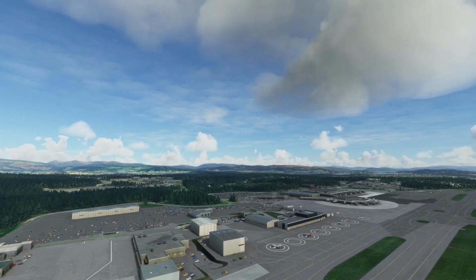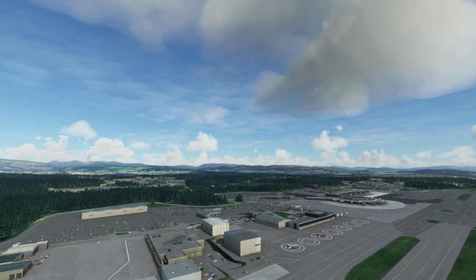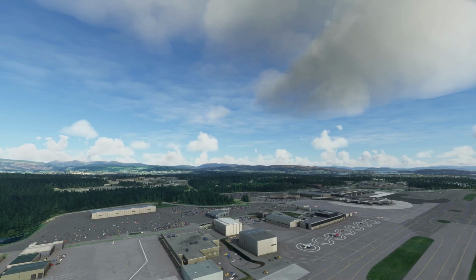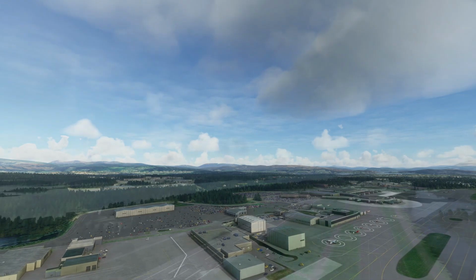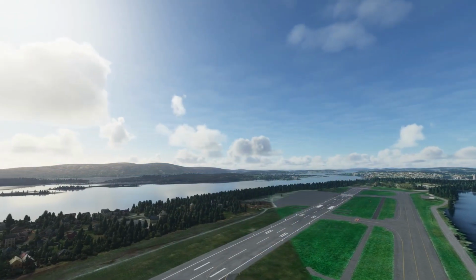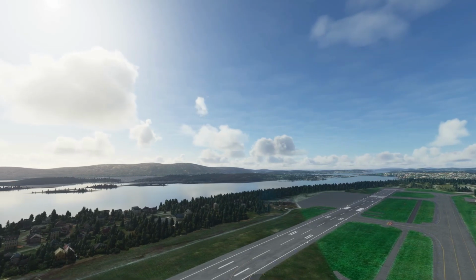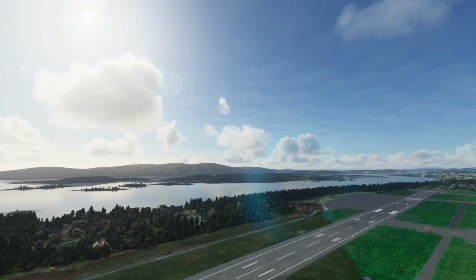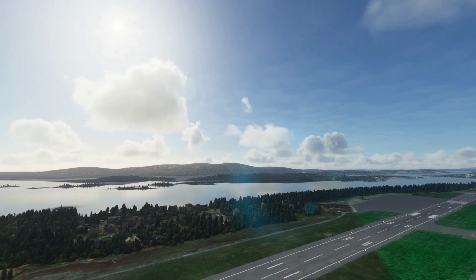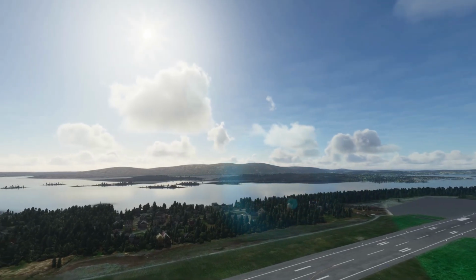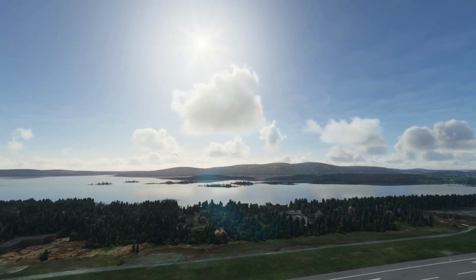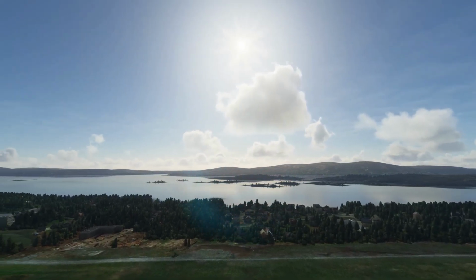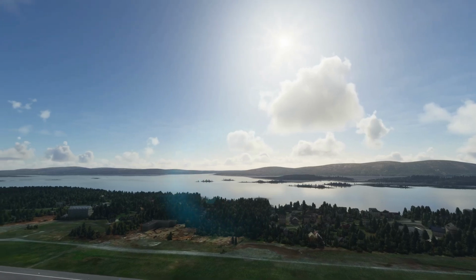This beautiful scenery is in Norway. Alright, so we're in Bergen, just above Flesland Airport. But look at this scenery, it's amazing, isn't it? This is Norway. I've never been to Norway, but if the reproduction on MSFS 2020 is anything to go by, then I think that this could certainly be a future holiday destination. Look at that. It's lovely, isn't it?